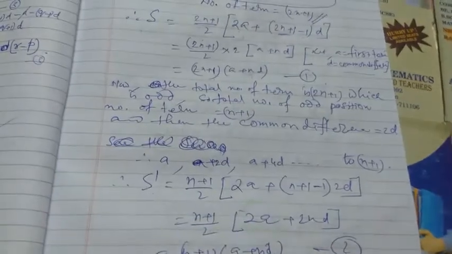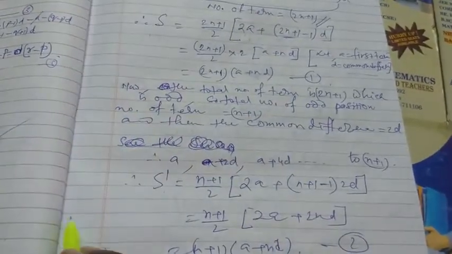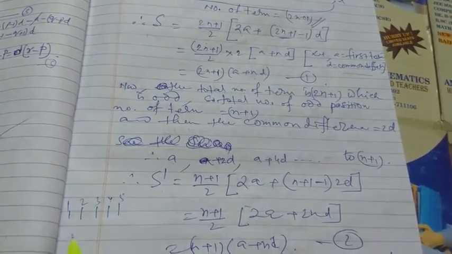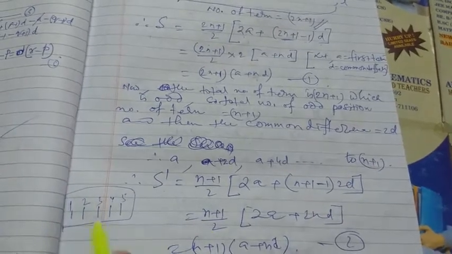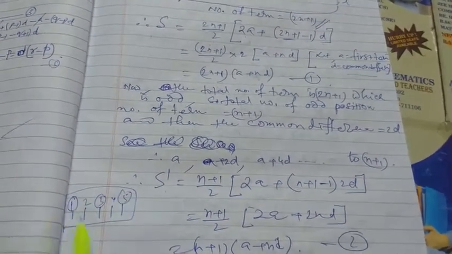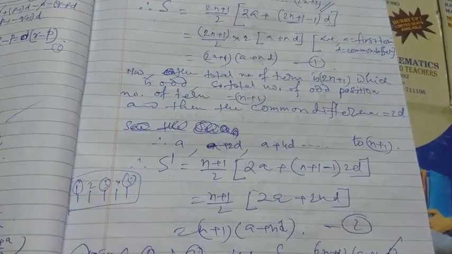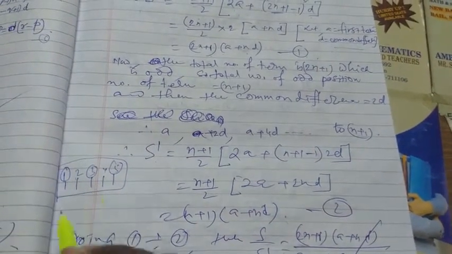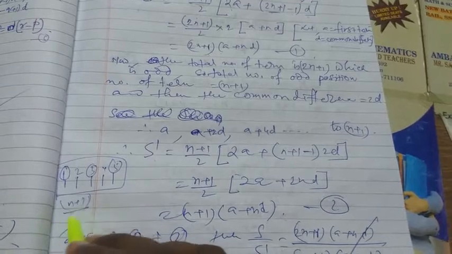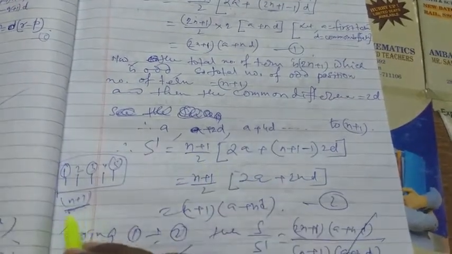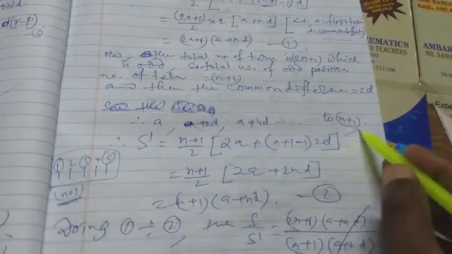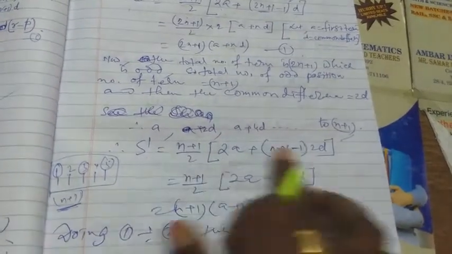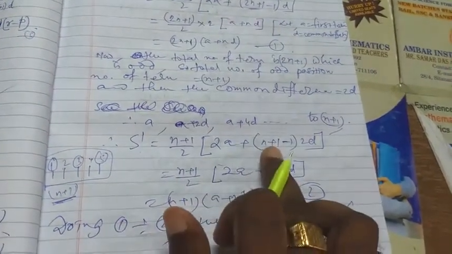So, let's see, if we have 5 terms, 1 2 3 4 5, this is first, second, third, fourth and fifth. See here, the number of terms is odd, and when the number of terms is odd, there are 3 odd positions and 2 even positions. So when there are 2n plus 1 terms, the odd positions are more than the even positions. So the number of odd position terms is n plus 1, and even positions n. So the sum of this series is n plus 1 by 2 into 2a plus n plus 1 minus 1 into